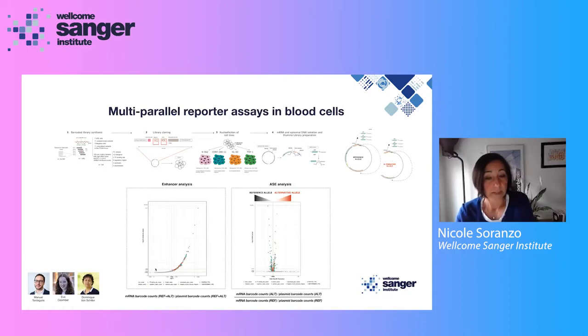And what we begin to see is really that a subset of the variants that we discovered through association study show positive function both as enhancers and also with allele-specific effects, linking effectively the genetic variant that we identified